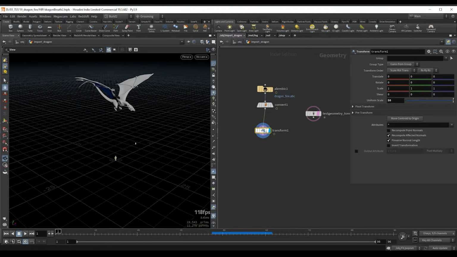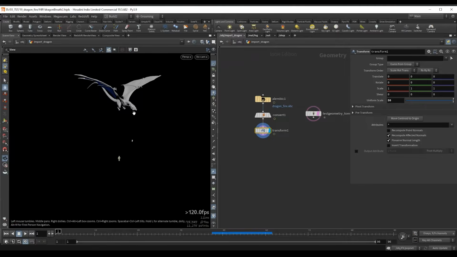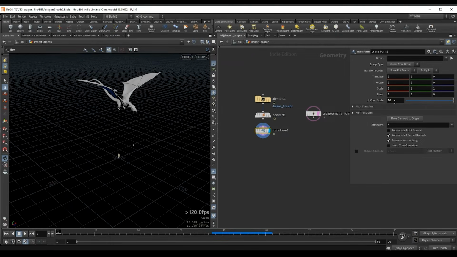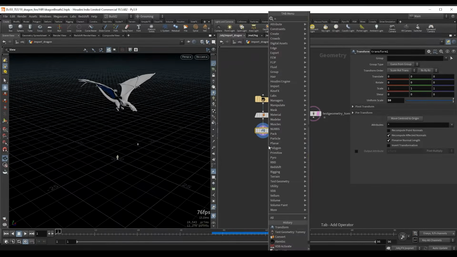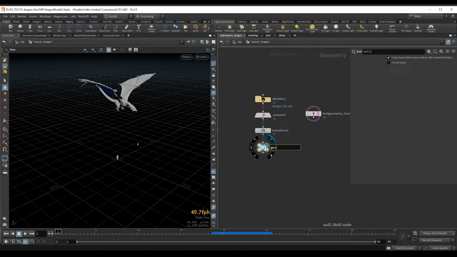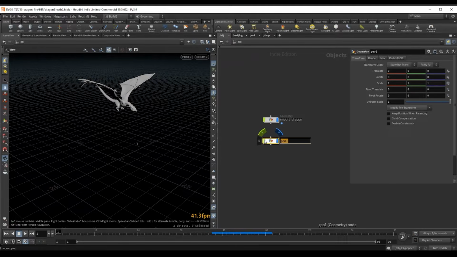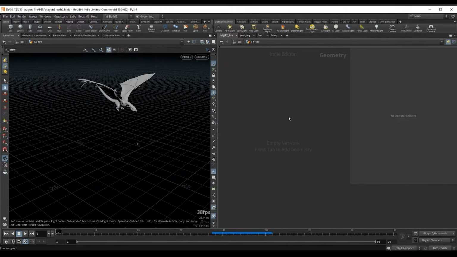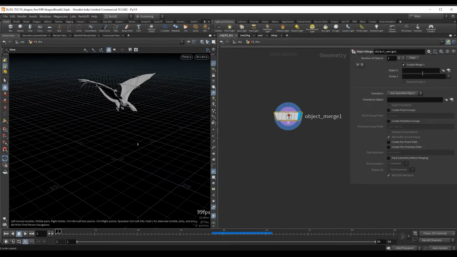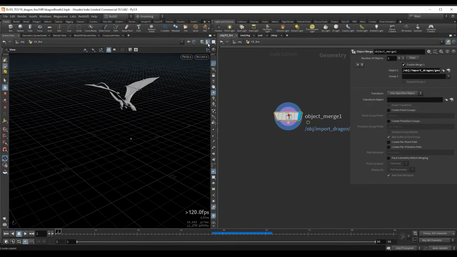This is the whole reason why I wanted to re-import the geometry, just so I can touch on this aspect. Scale does matter with this effect, or with any kind of simulation in general, so be mindful of that. Anyway, this will be fine. Let's drop down a null here, and this will be my Geo Dragon, and I'll press Control C and create a new geometry container for our effects. This will be effects, let's go effects underscore fire, and we will bring our dragon back in so we have it in this network as well.